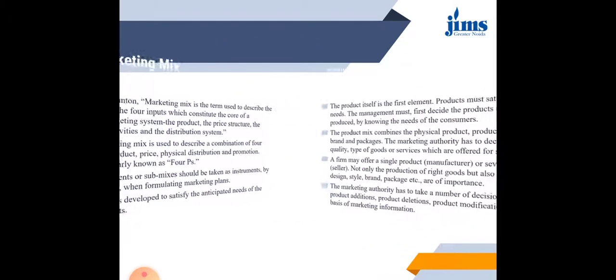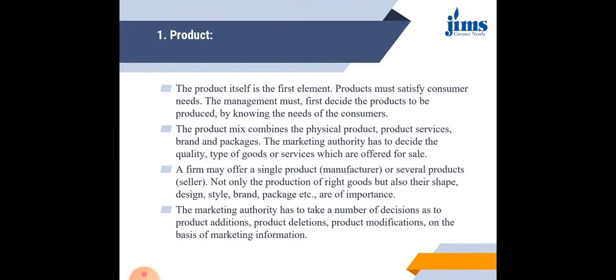Now one by one we will be covering all the 4 P's of marketing mix. So product is the very first element, and whatever product is being sold or introduced in the market should always try to satisfy the needs of the customers, right? And before producing the product, the manufacturer or the producer should first do some sort of marketing research to identify the needs of the customers, and based on those needs, preferences and wants, the product should be developed by the organization, right?